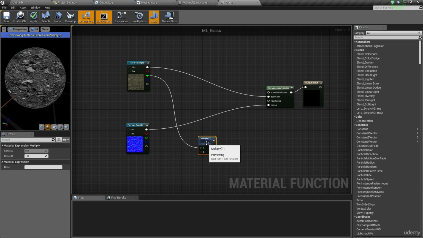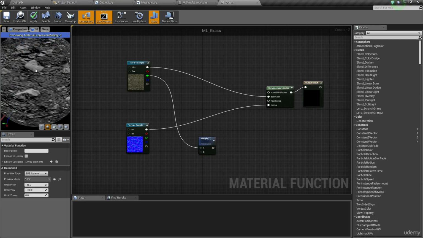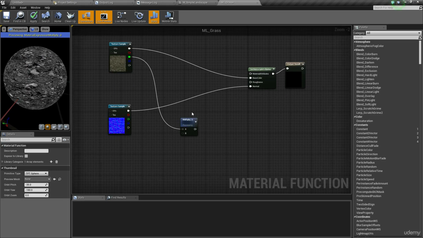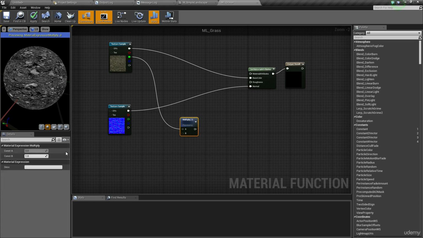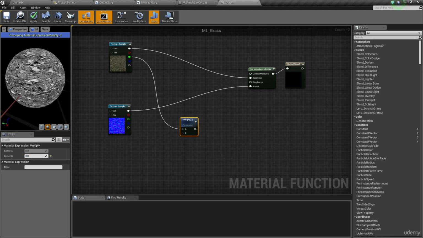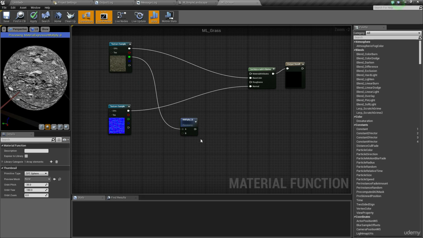I'm going to start previewing that node. This is what I can see. You'll see that the rocks are highlighted as a grayer color than the dirt, which is a darker color. Now what we can do here is quite cool. We can get this and multiply it by, say, 3, just as an example. And in doing so, the brights got brighter, and yes, the darks did too, but if we use this in